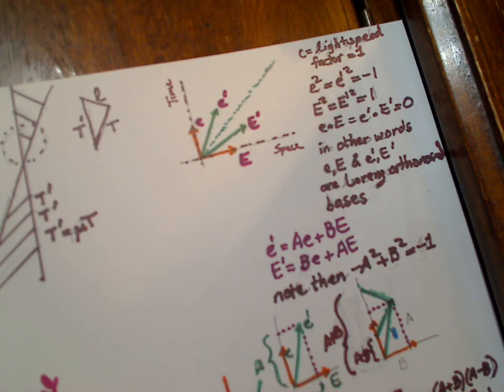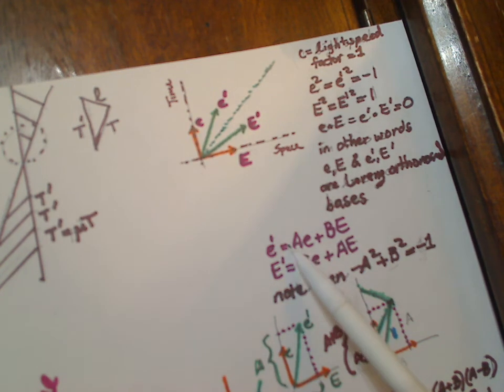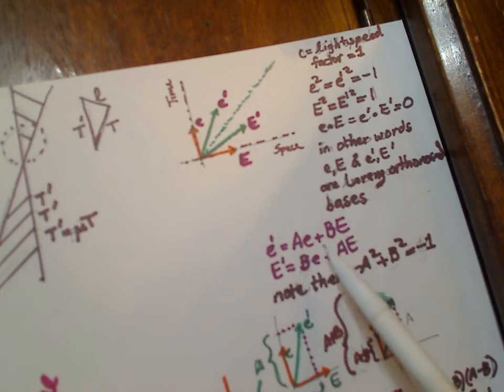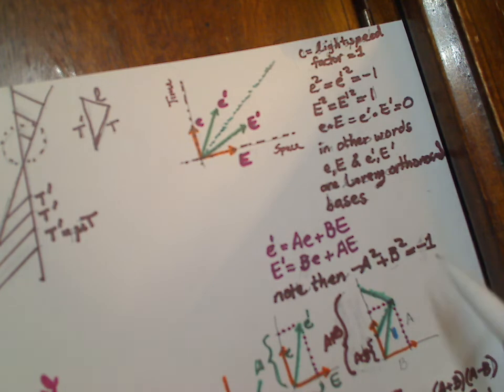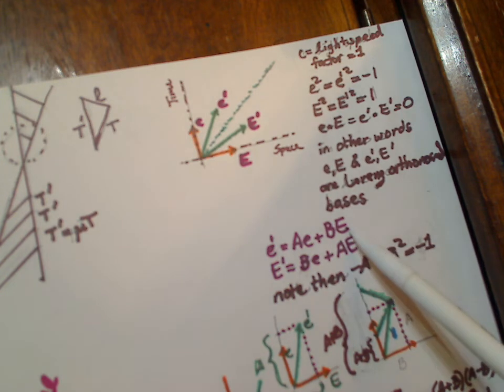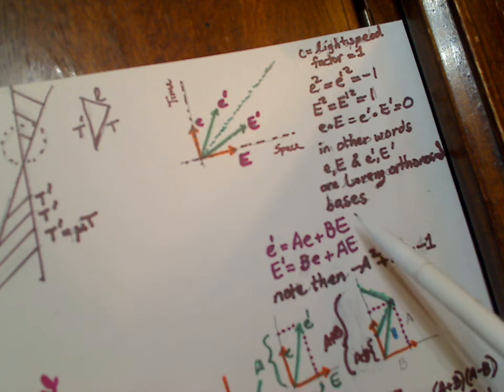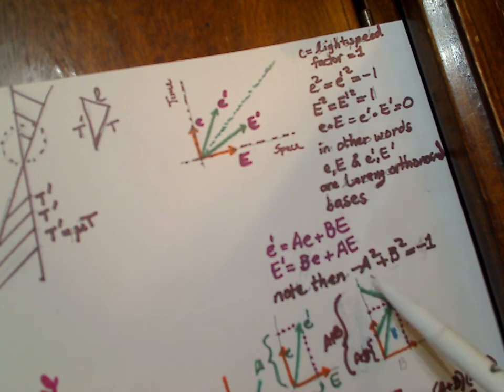Okay, so when we take this equation right here and we square both sides, we're going to get E prime squared is -1, which is right here. And since little e, the capital E is 0, the cross terms in the middle get canceled, and so this guy squared is just simply minus a squared plus b squared. Okay. All right. So now